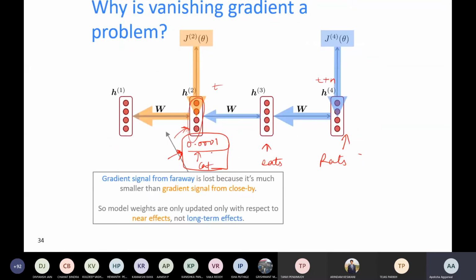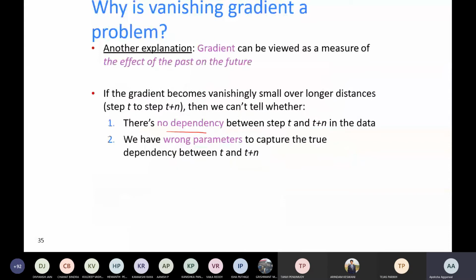So suppose we are discussing this sentence is about cat. So if this value is reduced to 0.0001, this means that cat is insignificant. Although we are talking about cat in this whole sentence, if we have next sentence in the text, it's most probably about cat, because cat is the subject over here, right? But its significance is reduced due to this vanishing gradient problem. Okay, so these are the problems associated with the vanishing gradient.